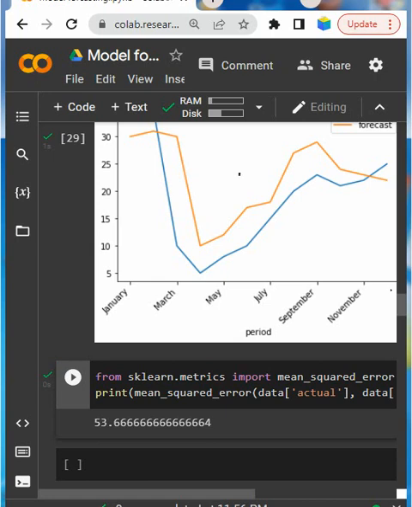So mean square error is an error metric, and it should be interpreted as follows: the smaller the error, the better the model.